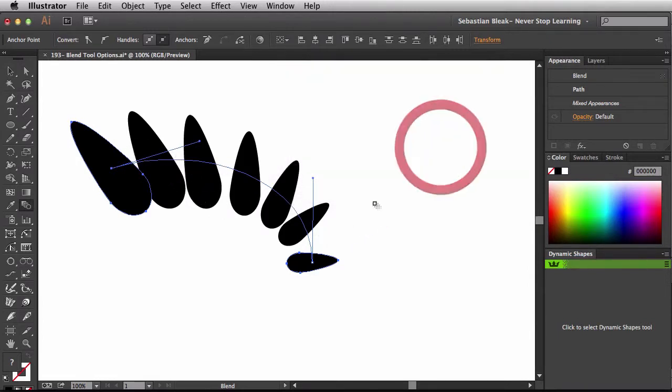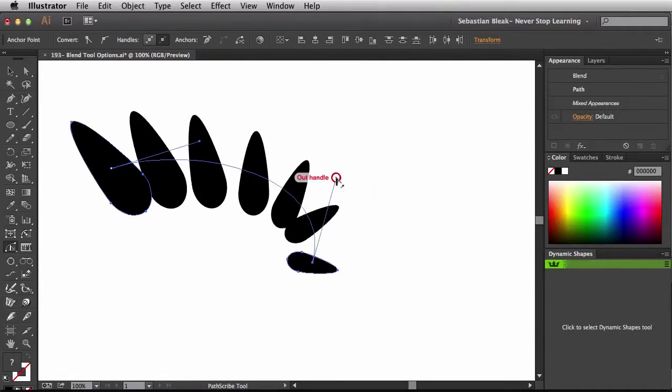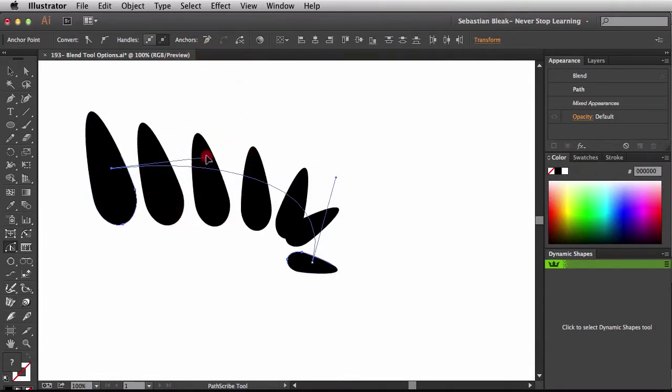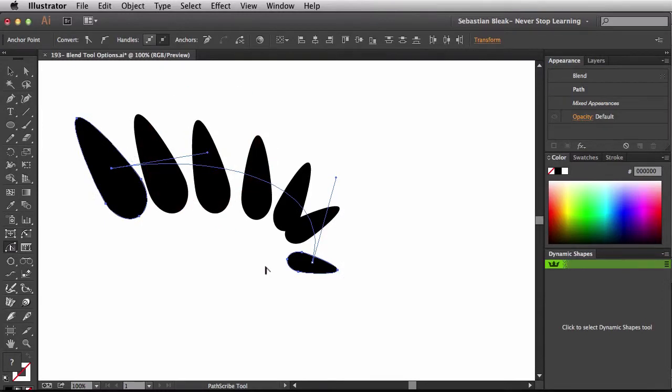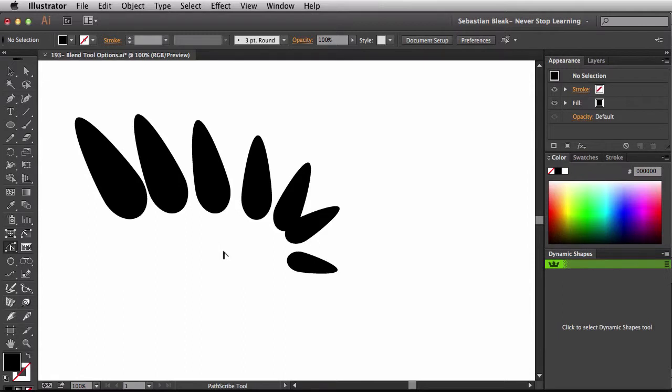So I'm going to click OK to accept that because I want to make some changes in here. So I'm going to grab this handle, spin it around this way. There you go. So now you see these guys are really twisting around. I'll bring it back in. Alright. Now I'm going to click and drag this way. If I bring it downwards, you see it's starting to straighten out these pieces in here. So if I deselect, you can see I'm already starting to make like some kind of cool mohawk or something